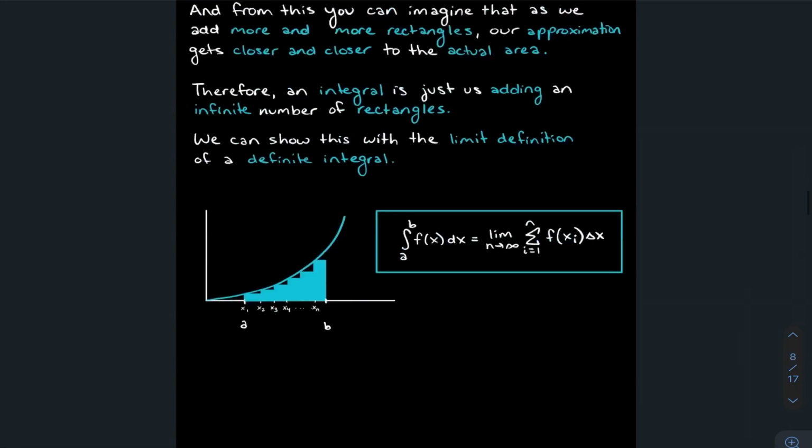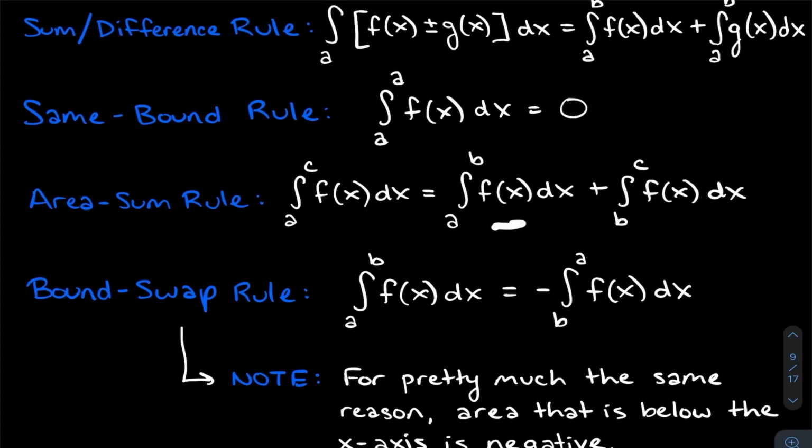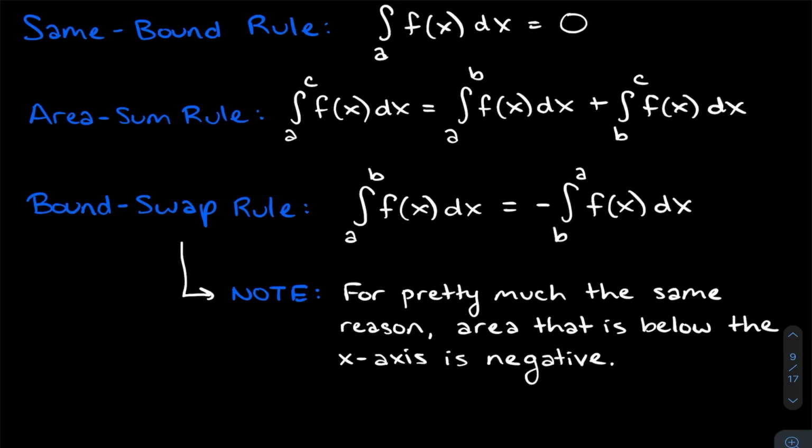Okay, let me get back down to the rules here. Okay, and you can see that here. You can just split that guy up from A to C into A to B and B to C. Now the bound swap rule, this one is actually, I feel like a lot of people just don't